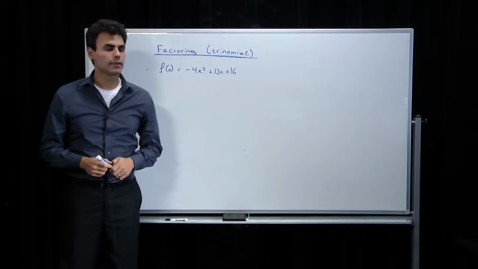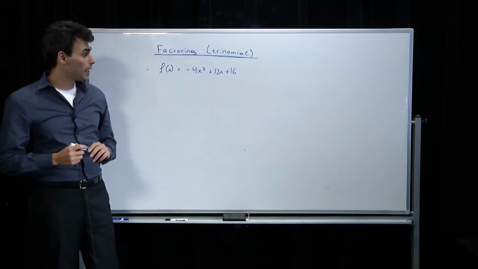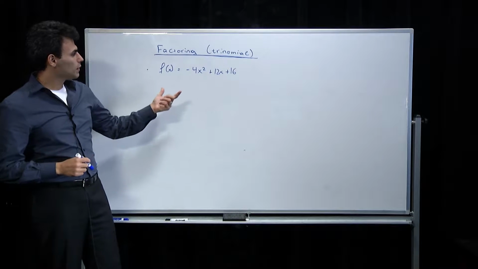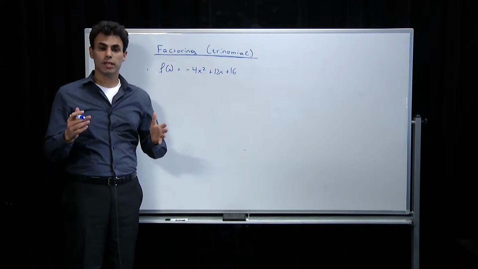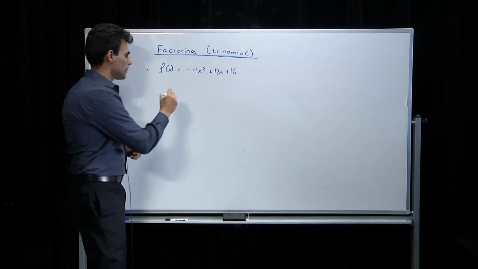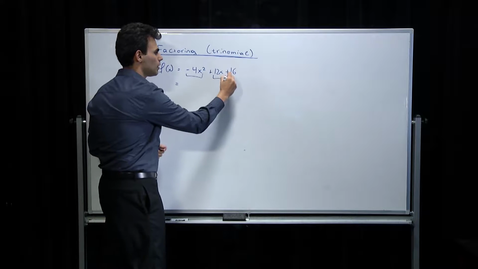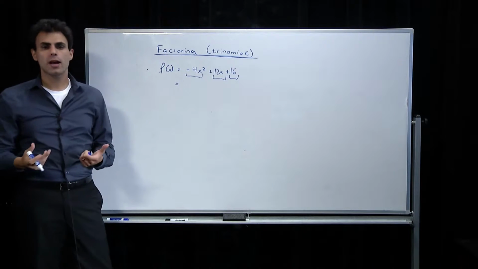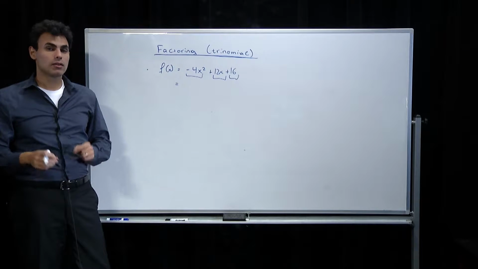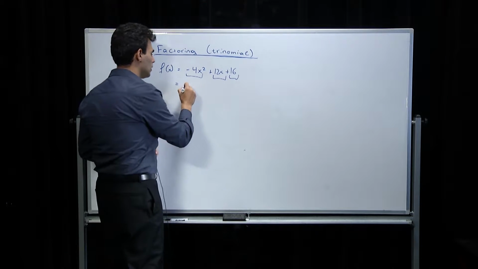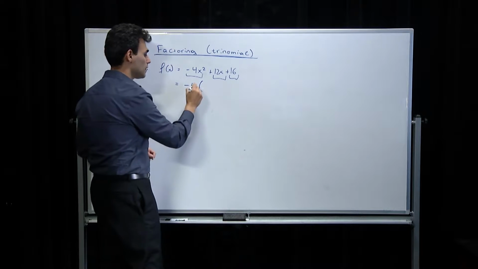Let me give you an example now of factoring a polynomial by the use of trinomial and common factors. What I'm trying to do here is take the minus 4x squared plus 12x plus 16 and write it as a big product. The first thing I notice is that all these three terms have 4 as a common factor. As a matter of fact, I can take out the minus 4 as a common factor to make things a little bit simpler. So if you take the minus 4 as a common factor, open up the big parentheses,